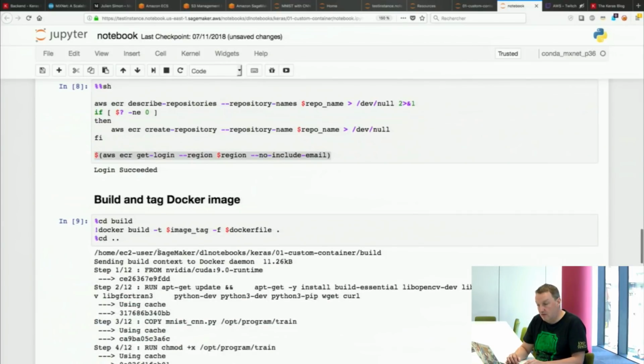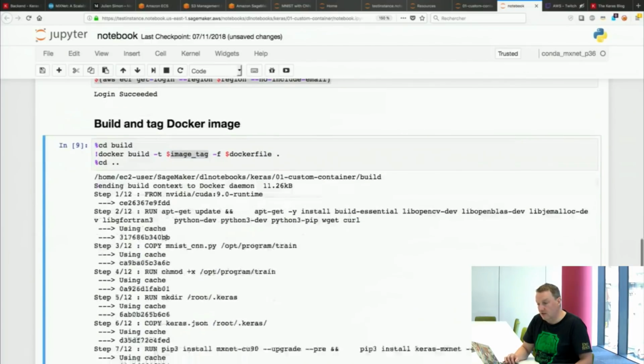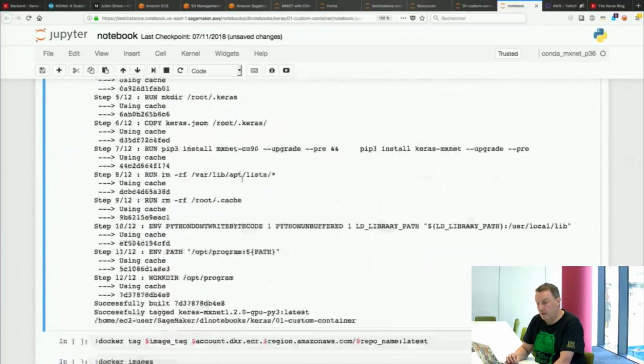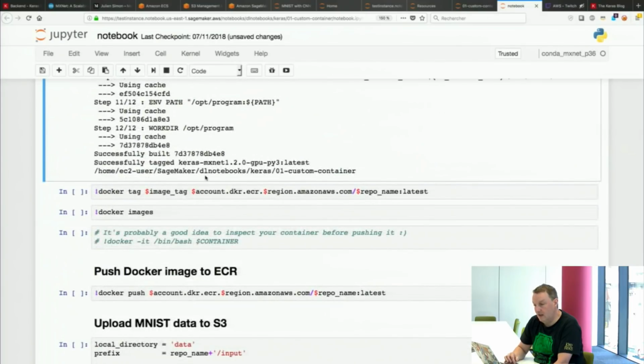So let's build the image. I call docker build using the Dockerfile that I showed you, and with the tag that I defined. Okay, and as you can see, it's going to run all those instructions from the Dockerfile: updating packages, copying my script, and so on. Here it's quite fast because it's cached. I already did this on the instance. If you do this for the first time, it's going to download packages from the web. It's going to take a little longer, but there's no point in wasting minutes to look at this. And then my image has been tagged